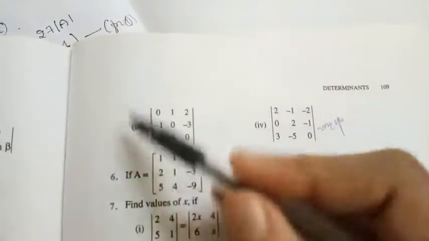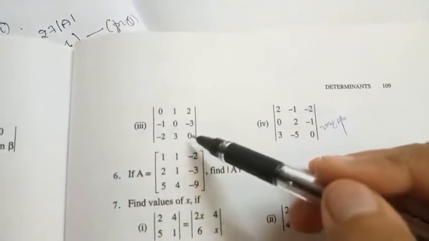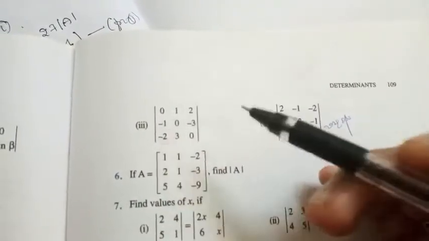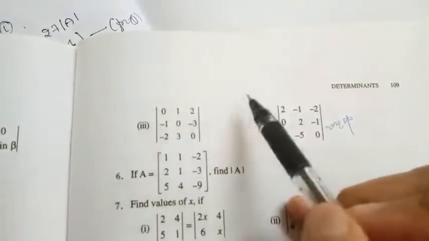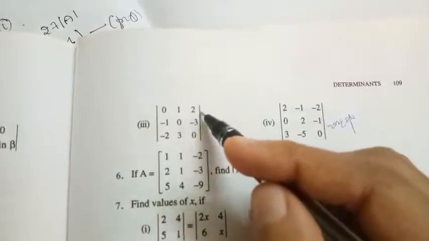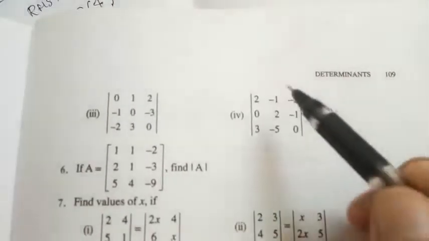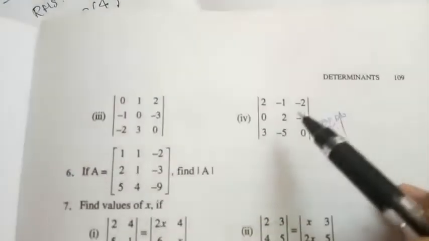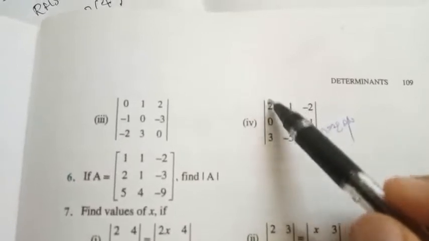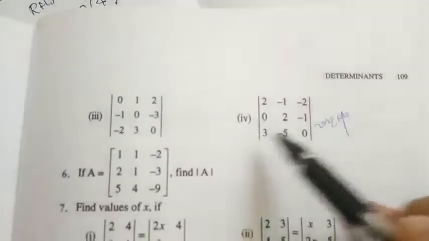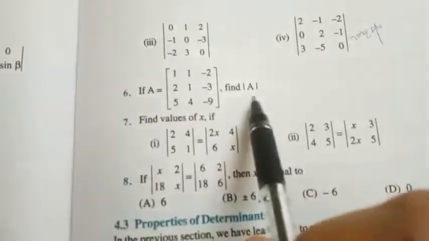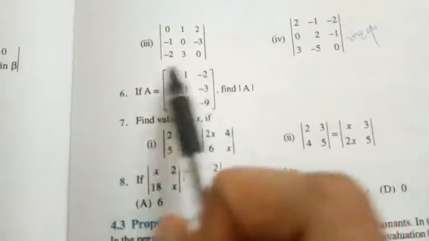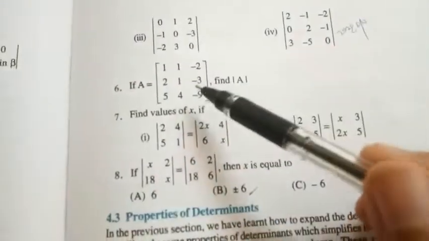And here again you need to find the determinant value. Since each row and column consists of only 1 zero, you can choose any row. For my convenience, most of the time I will choose the first row itself. Here also you can go with any row or any column. So it's better if you go with either column C1 or row R3 because it has zeros. Here there are no zeros, you just need to find the determinant value of matrix A. So you can expand it along any row or column.